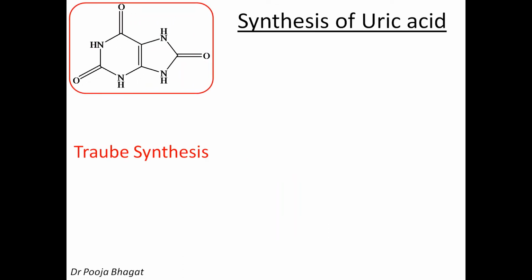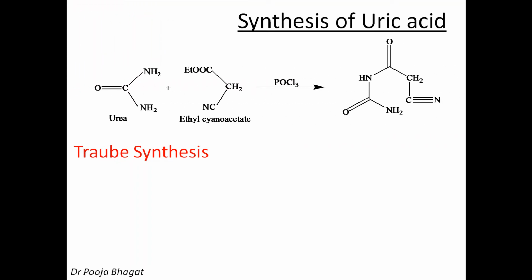Now let's discuss the synthesis of uric acid. This is uric acid. If you have to synthesize this, how can you do that? By Traube synthesis. Again, see, here this part is the urea part. You want the oxo group at the 2nd position, so therefore it is urea, and you want the oxo group again at the 6th position, so then you have to take ethyl cyanoacetate. Very good. So we will take urea, we will take ethyl cyanoacetate, and we'll get this.